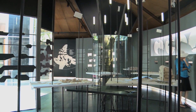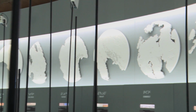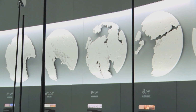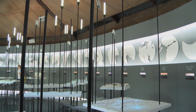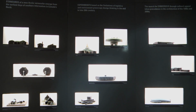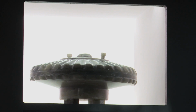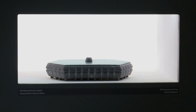So when you come to the pavilion, the exhibition is really organized in 3 pieces. There's an introduction, and then there's a historical context, a sort of Nunavut architecture, which looks at the last 100 years of architecture in Nunavut, and it looks at it through a set of carvings done by Inuit sculptors that document key buildings from the last 100 years, important either because they are individually significant or because they were prototypes